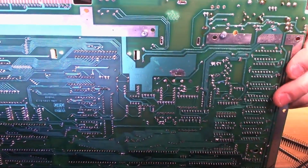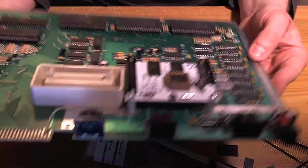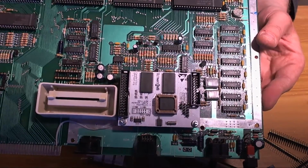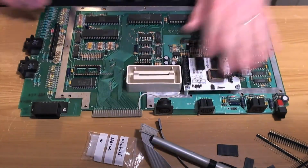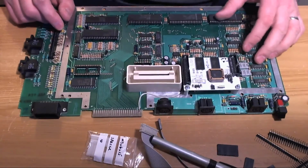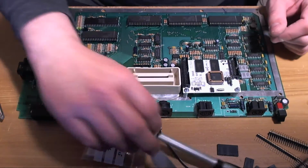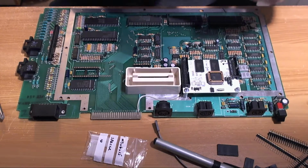Okay, doesn't that look nice? How pretty is that? Now, if we do find that these ribbon cables do obstruct anything, there's no problem, we can move this along a little bit, but I'm fairly sure it's in the right place. So, see if these cables that I